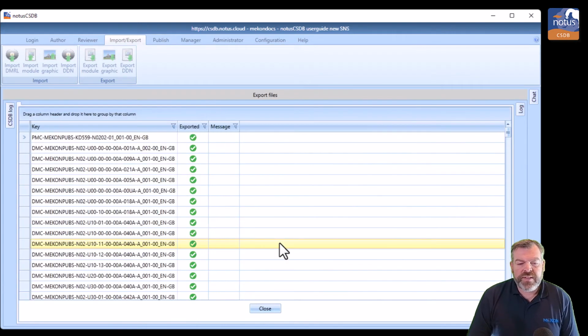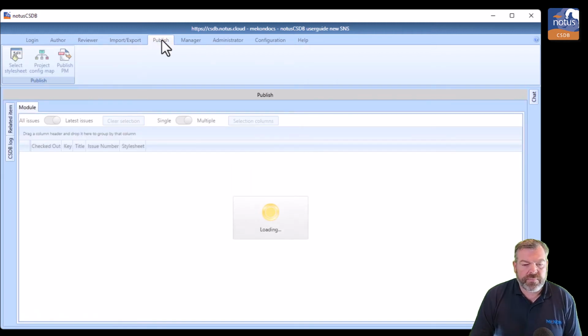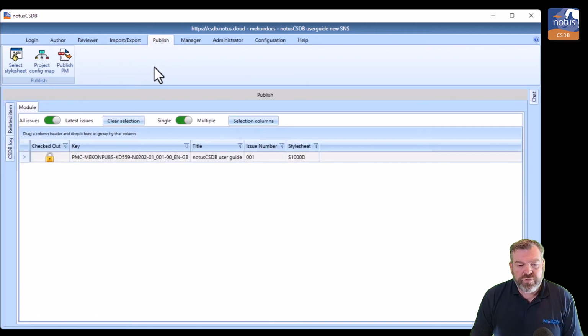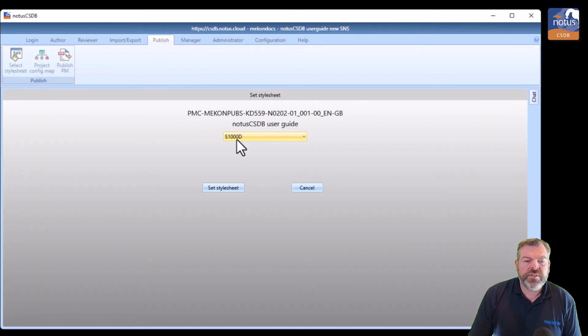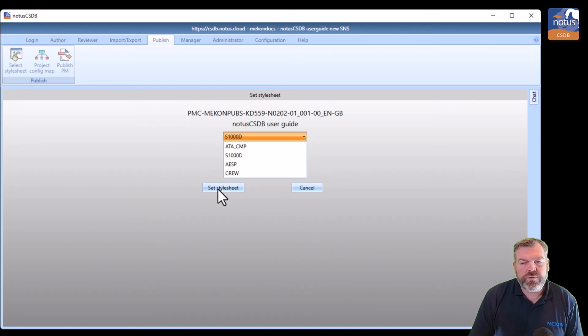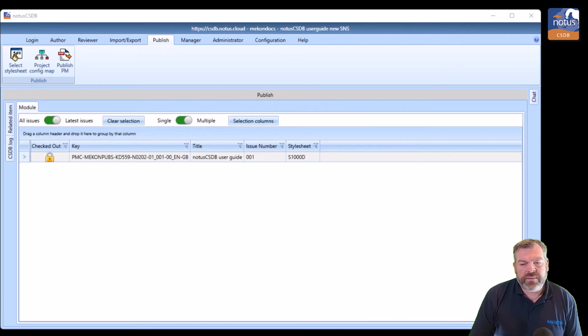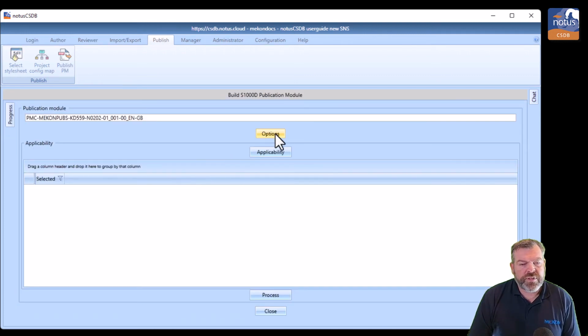And so that brings me nicely onto the optional server book build engine. Using the same technology from our standalone Notus book build, you can now publish directly from the server. No need to export files, just select your publication module, set the style sheet, choose the build options,